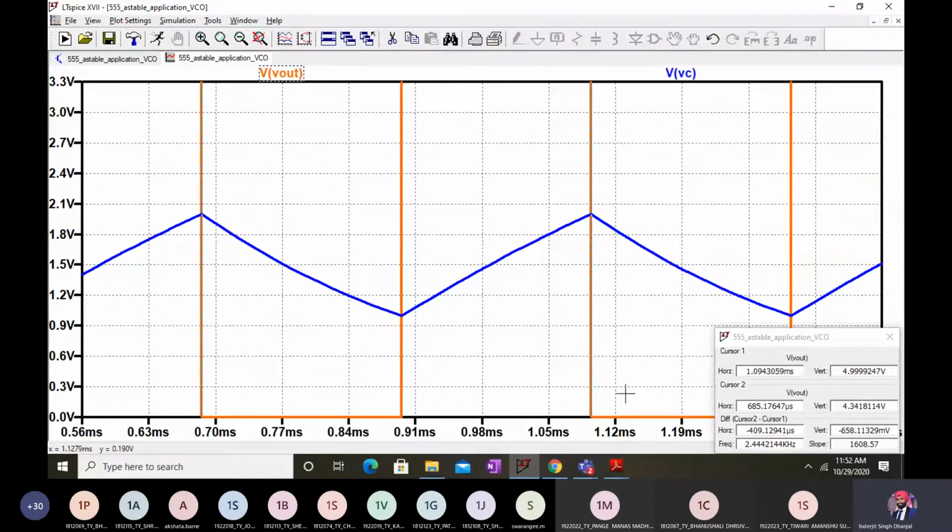Now let's go back, and I'll explain how that limit is 2 and 1 volt. The rest of the entire functioning of the circuit is the same. Only the amplitude of my capacitor voltage is changing slightly up and down, so the frequency of the output wave is also changing. In the first case, I have 409 microseconds and my frequency is 2.44 kilohertz. Now let us go back to the PDF.